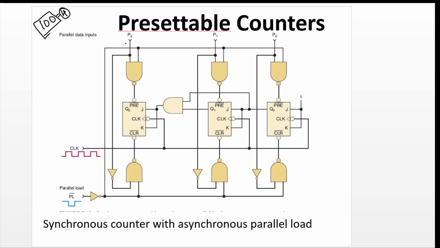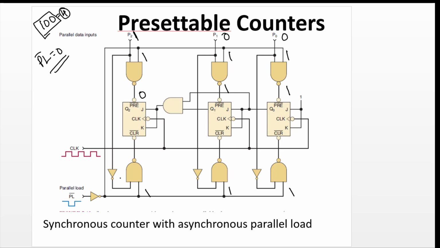So that means I'm supposed to load P2 equals 1, P1 equals 0 and P0 equals 0. So first I have to apply PL bar equals 0 to load. When PL bar equals 0, this will be 1, 1, 1. Here also 1, here also 1, here also 1. So this 1 into 1 will be 1, 1 bar will be 0. This 0 into 1 will be 0, 0 bar will be 1. 1 into 0 will be 0, 0 bar will be 1 here.